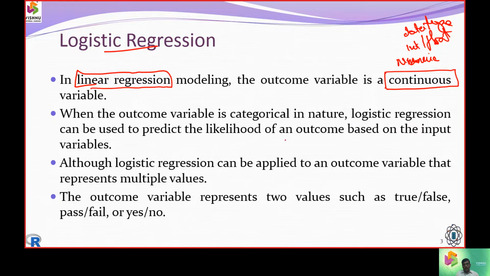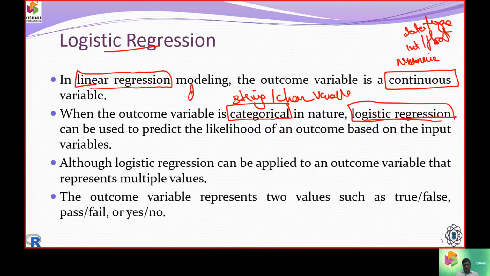But the logistic regression takes up categorical variables, what we call string or character variables. So the data type will be string or character, and the output variable we decide will be the character variable,